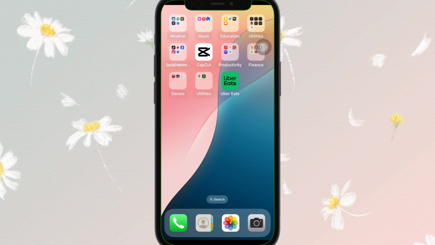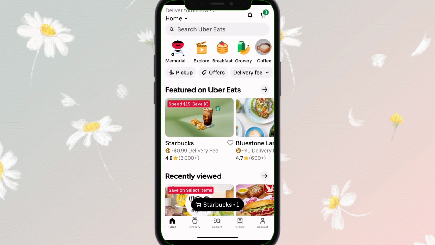So let's get started. First of all, open the application just like this. After opening it, you will find something like this on your home screen. Now simply tap onto one of the foods or groceries that you want to buy, just like this,